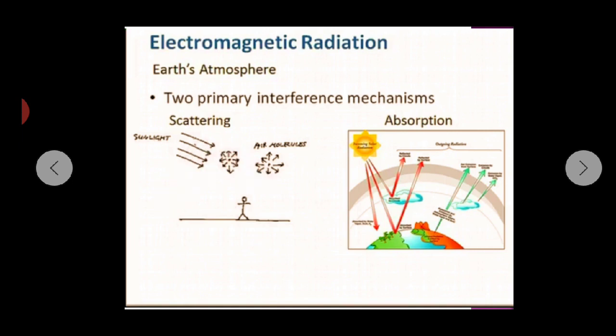It scatters in an unknown direction. The next one is absorption. When sun rays emit electromagnetic radiation and come in contact with nitrogen, oxygen, argon, carbon dioxide, water vapor and ozone, what happens? Some quantity of the electromagnetic radiation is absorbed by all the pure gases present in the atmosphere. Some part is absorbed and the other is transmitted back. So that is absorption. Now we go into detail with scattering and absorption concepts.